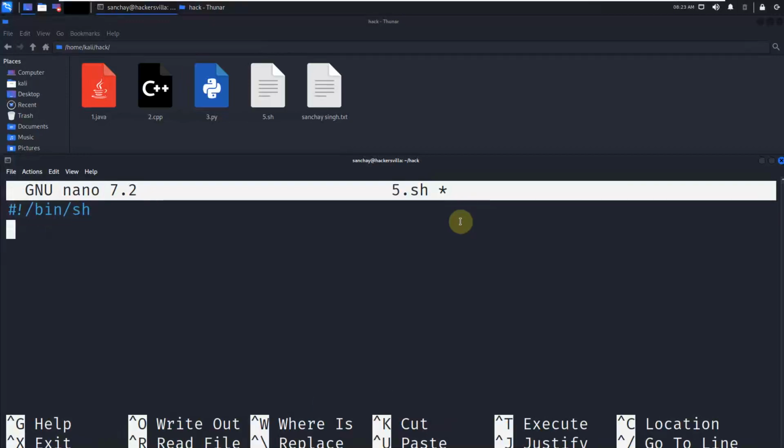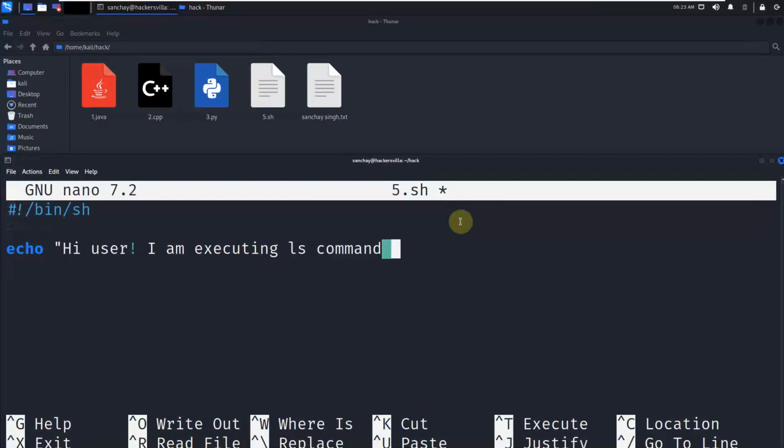Basically I'm telling it where my shell is currently located, and how I'll be taking the access. So I gave it the location of my shell, and then I can do anything. For example, I can echo over here,